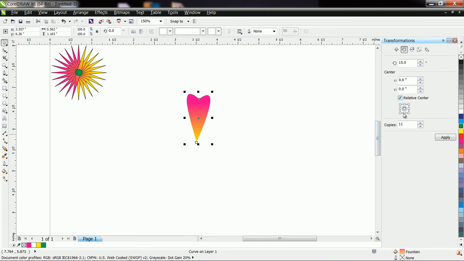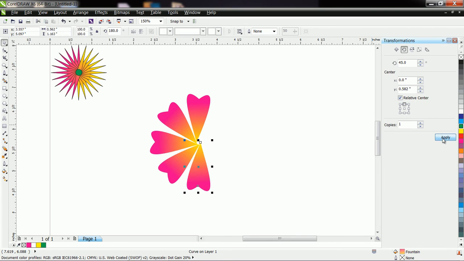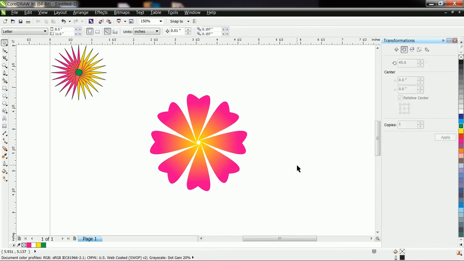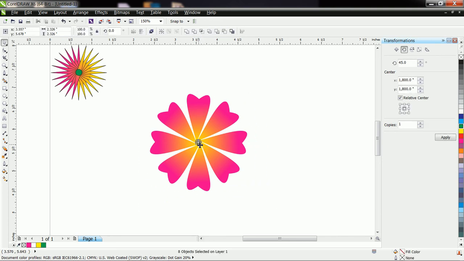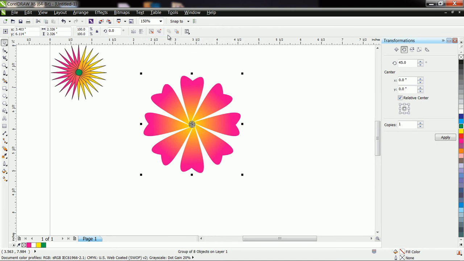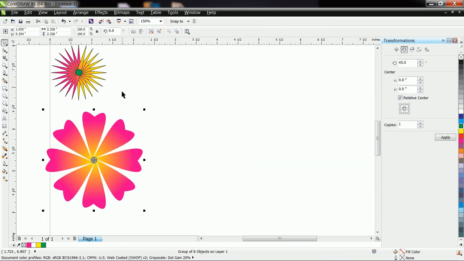Now let us select the rotation point, this one, relative center is this one. That is this point, and this shape is thicker than this shape, therefore let us apply a bigger angle. Let us check it. Apply first one copy. Yeah, it is fine. Okay, like this you can make a simple flower, but all these shapes are different, therefore you have to group it.